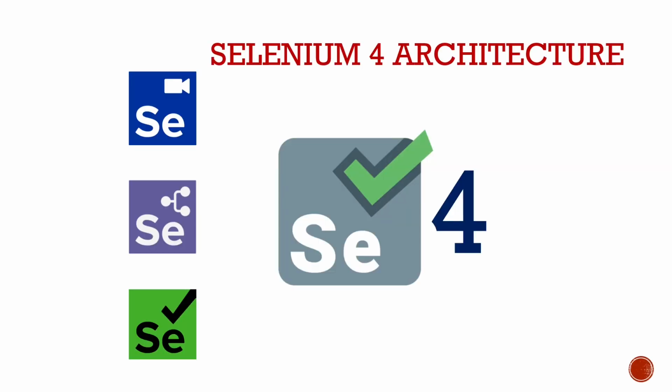Today I'm going to discuss Selenium 4, which is a new version after Selenium 3.0. So let's get started. We'll see what the architecture is and what all the improvements are that came into Selenium 4 from Selenium 3. So let's see one by one. We need to understand the architecture. What architecture changes came in from Selenium 4? There are changes in Selenium IDE, Grid and normal Selenium. So we'll discuss one by one.